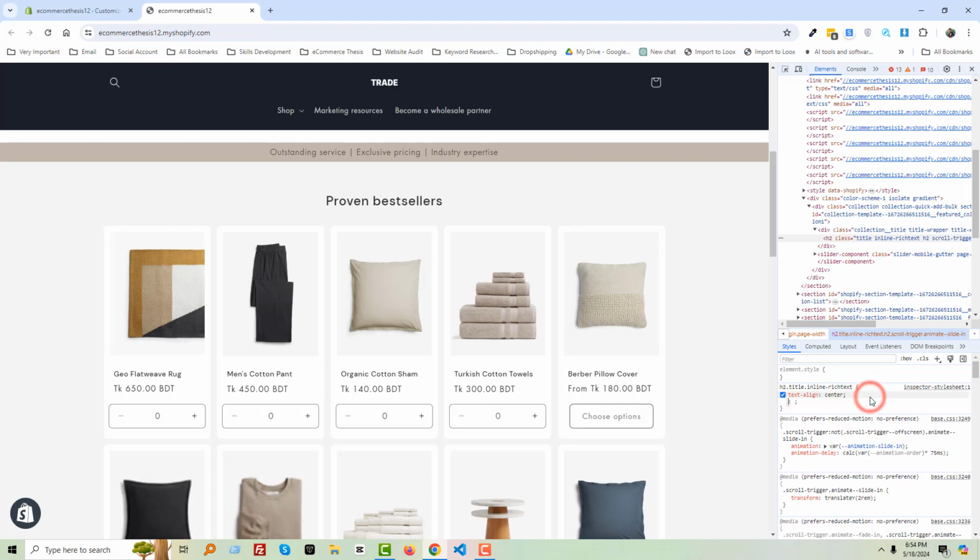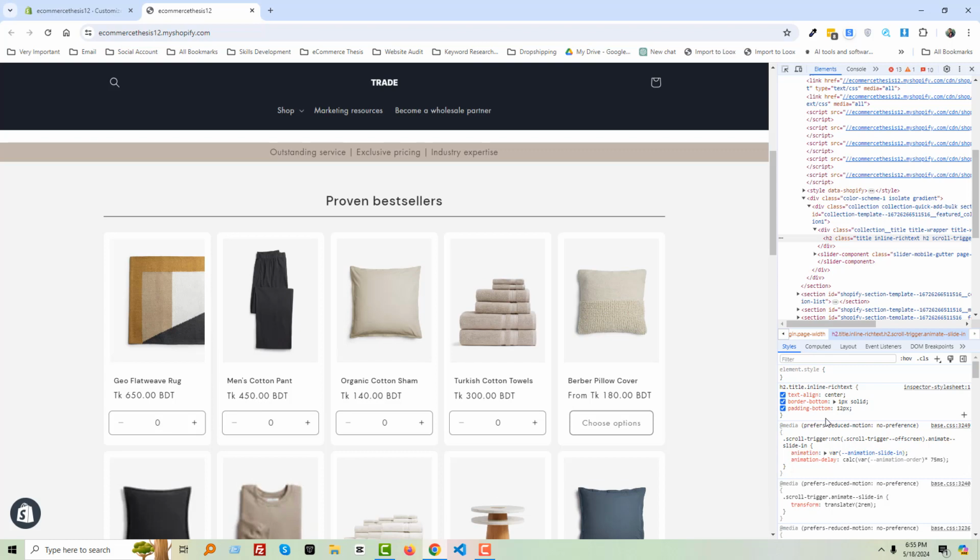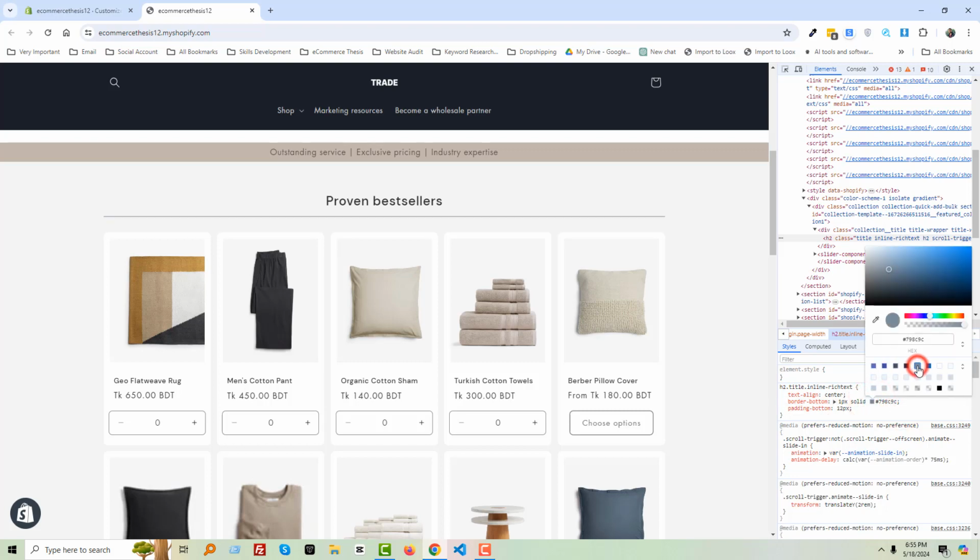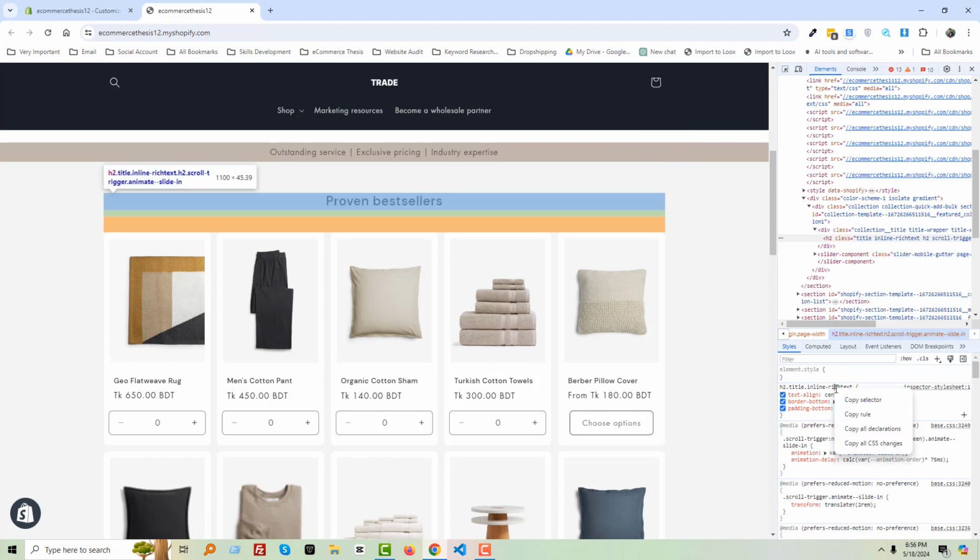Also we can add border button 1 pixel solid. Okay, looks good. We can change the button color. F9, F9, F9. Now they are a very small or little size color. Okay, looks good. Then click on the right button of your mouse, just click on copy rules and go